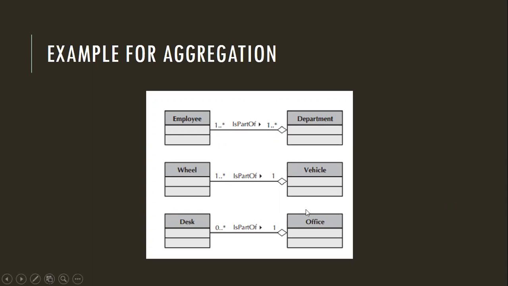Okay, so it is partially dependent on the parent class. If there is a parent class and it is partially dependent on it, you won't color this diamond. Okay, you can even remove it and place it in another class. There is an office, and it has desks. So this is partial, isn't it, in this office? Now assume you remove all the desks and take them to another office. Okay, you are transferring from this office to another office, taking all your things, and with that you take your desk as well. So that can be taken, isn't it? Since it is partially dependent on the office, you can take it. If it is fully dependent, you can't take it.